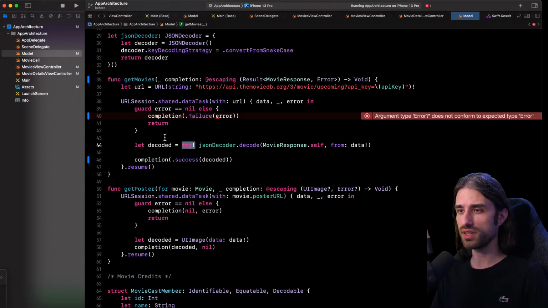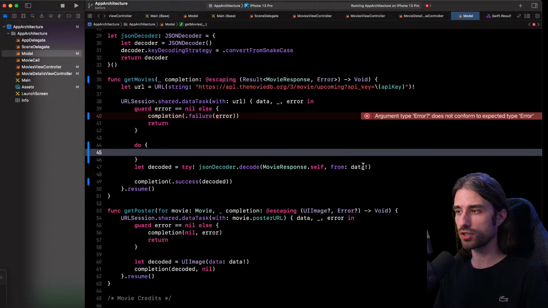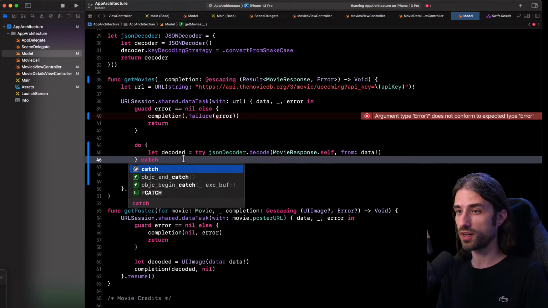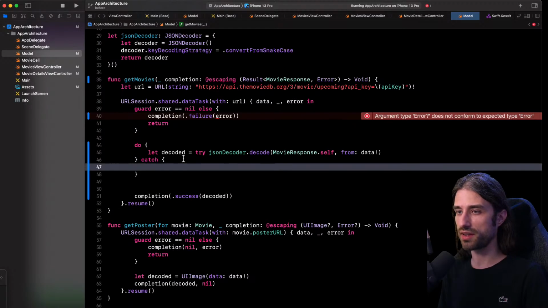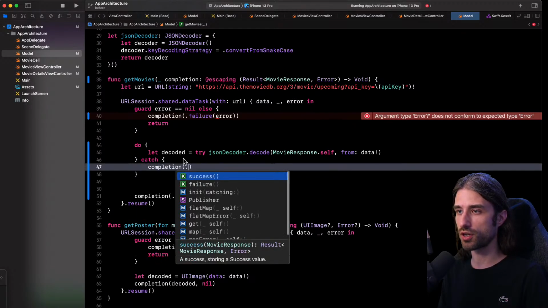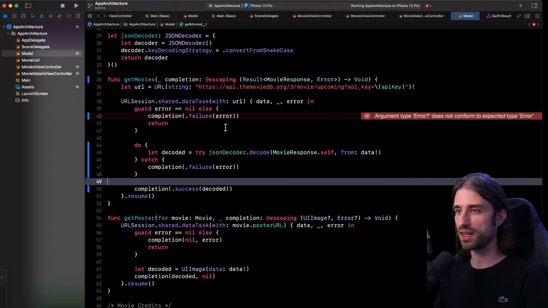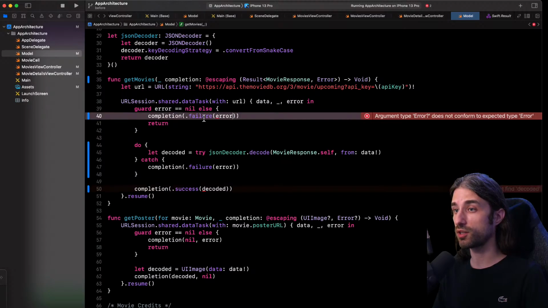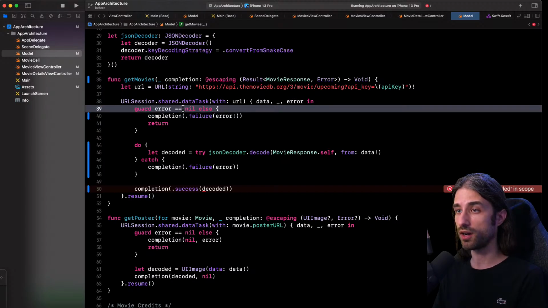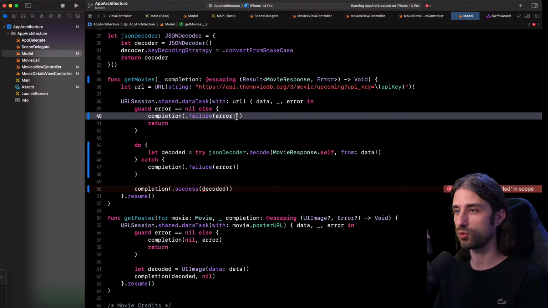So what I'm going to do is introduce a do block. I'm going to take this code right here, cut and paste it inside, get rid of the exclamation mark, and instead of crashing when an error happens, I'm going to write a catch block, and inside this block, I will call the completion handler with a failure and the error, and this time it would be a decoding error. And the last thing I need to do, since my error in the case of a failure is no longer an optional, is to force unwrap this, which makes sense here because I've tested inside my guard that when I am in the else, it's because the error is not nil, so there is an error, so it's okay to use a force unwrap here.